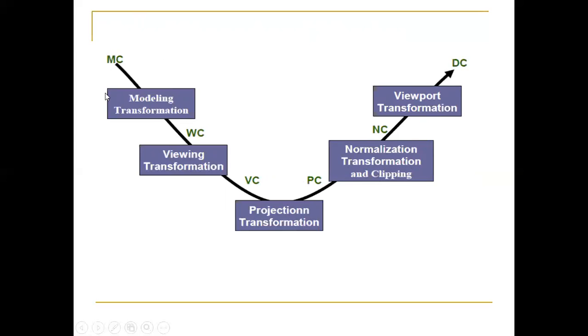So we start with the modeling coordinates, we convert them into world coordinates, which are in 3D, then world to viewing coordinates xv, yv and zv. The viewing coordinates are also in 3D. That is why we have xv, the view x dimension, yv, the view y dimension, and zv, the view z dimension. Then finally we convert the viewing coordinates into two-dimensional coordinates by using the projection transformation. Now the one which is in 2D, I will normalize first, then apply clipping. And finally I'll convert the normalized coordinates into device coordinates by the viewport transformation.